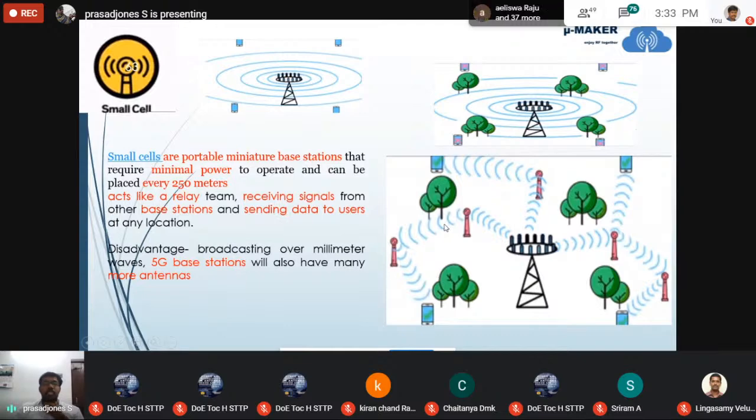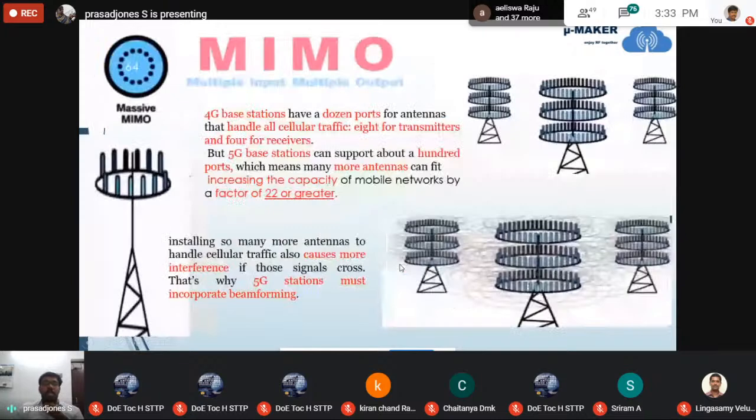for the receiver and 8 ports for the transmitter. But 5G is going to have 100s of ports. When there are going to be 100s of ports, the interference is going to be very high, right? In order to overcome this interference, the beamforming technology is